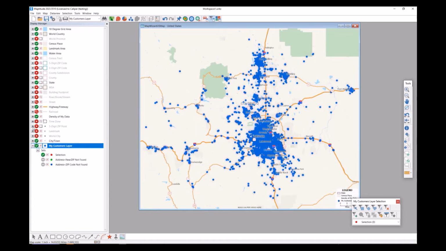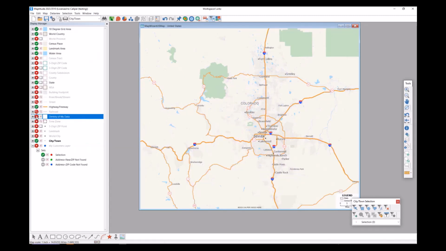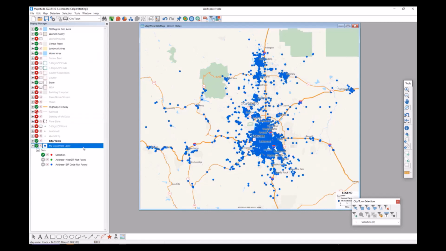We can turn layers on and off using this display manager here on the left-hand side. So now we can see the hotspots of where our customers are located. But let's say we want to be able to see census tracts and how many customers per census tract we have. So to do that, I can go ahead and turn on the customers layer. And if I open up a table by right-clicking and then going to new data view,